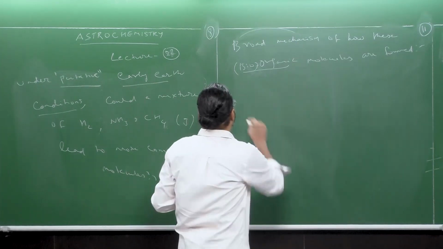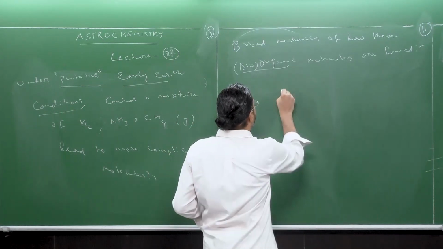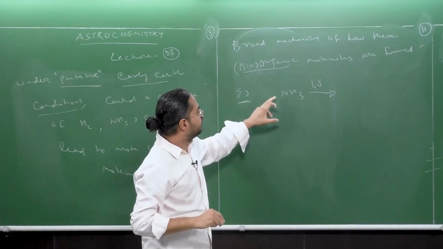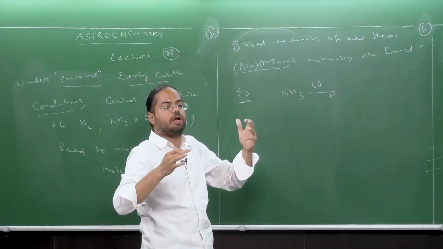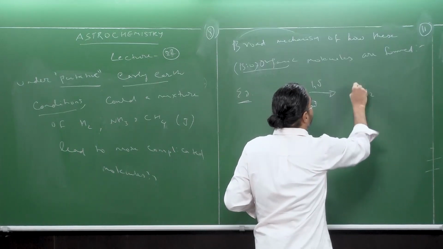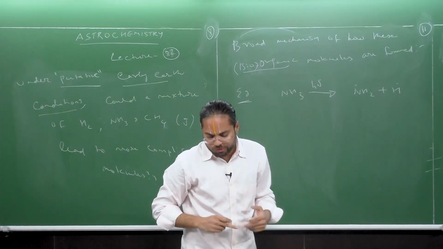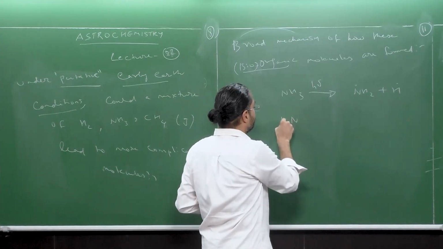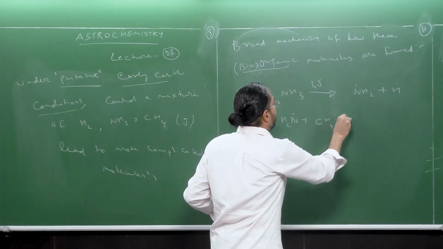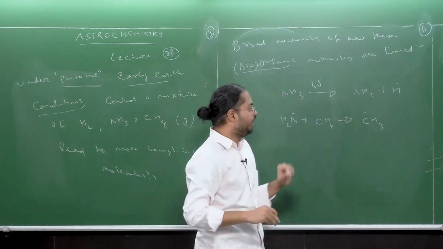For example, you start with ammonia, and let's say that ammonia is subject to electric discharge, which is equivalent to photodissociation, and you generate an NH2 radical and a hydrogen radical. Subsequently, the NH2 radical reacts with your methane. This results in the formation of a CH3 radical, all in the gas phase, plus